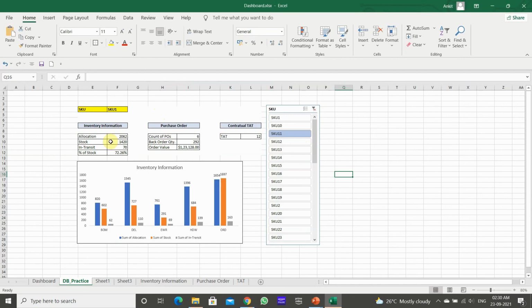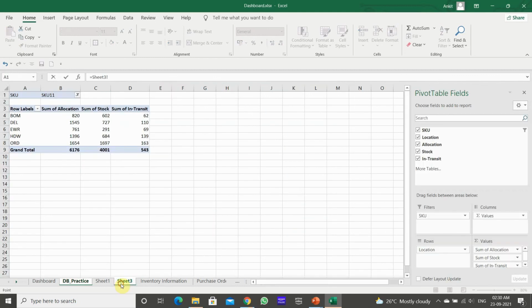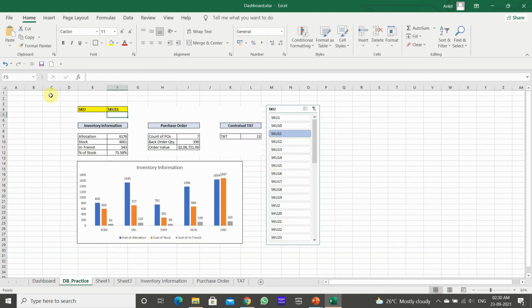I will use the relative reference here. So I will take the equal to sign and go to Sheet 3 and give the reference of this cell B1 and click OK. So if I click SKU13, this change is made here.